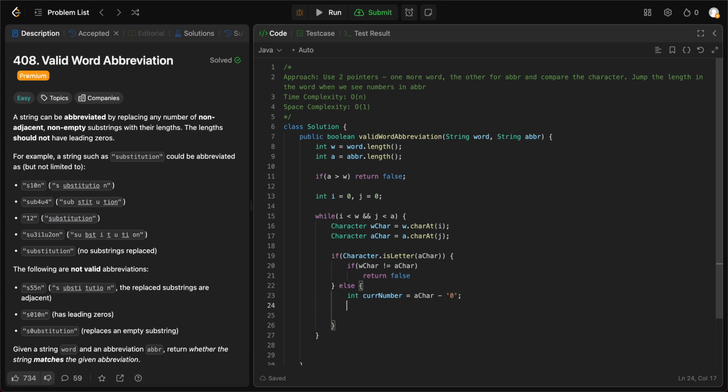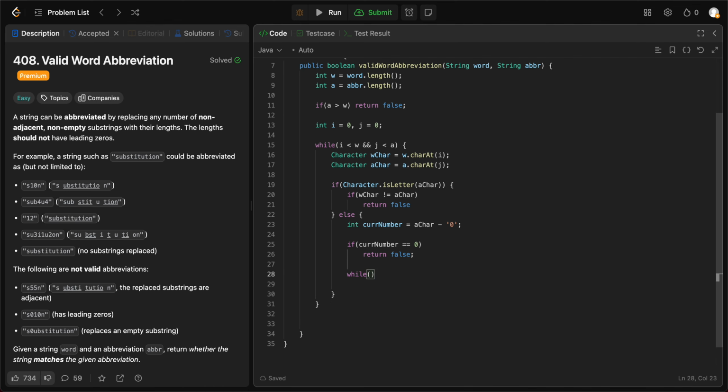And the first thing that we need to check for is if current number is equal to 0. That is a leading 0, so we would return false right then and there. If not, you need to go through a while loop, and you need to check for the next digit. So if the next character is a digit, we need to keep continuing. So if j plus 1,